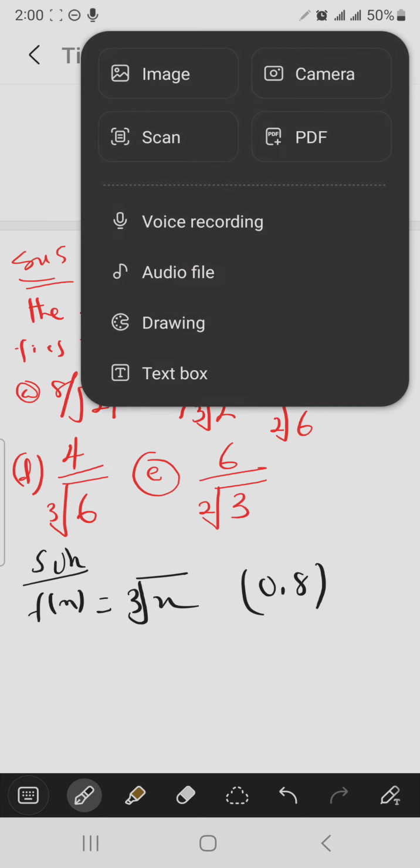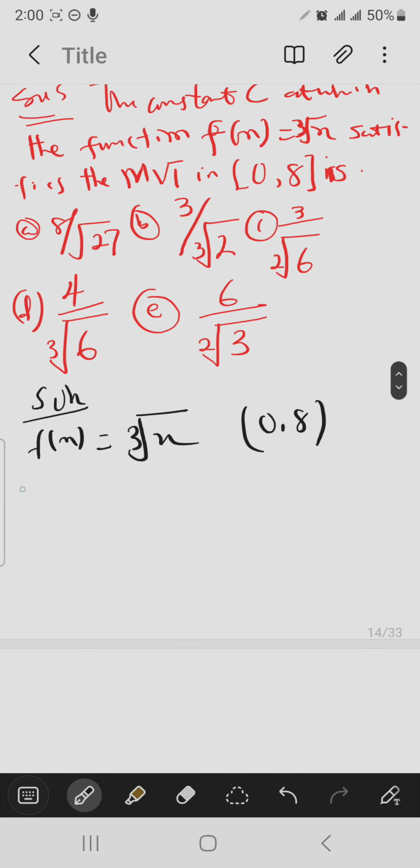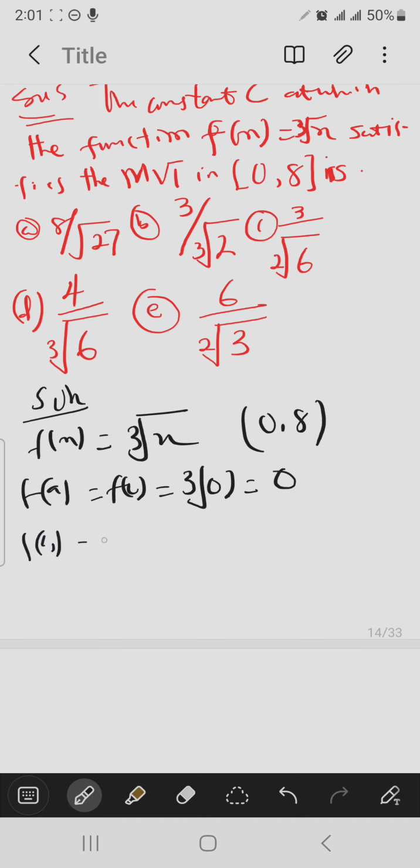One thing you are going to do here is find f of a, which is f of 0, which is cube root of 0, which is 0. And you are going to find f of b, which is f of 8, which is cube root of 8, which is 2. So now,